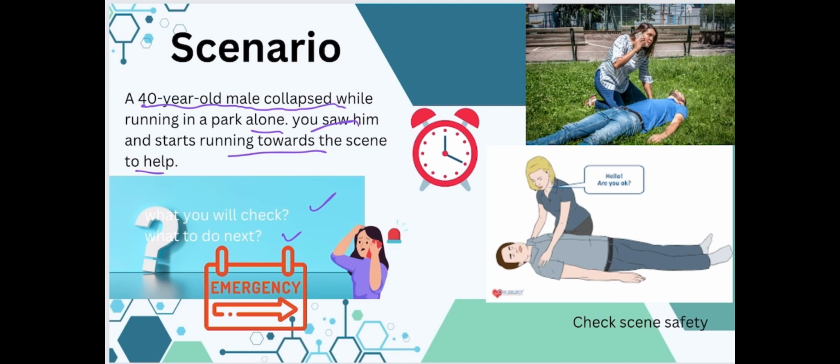So first is to check the scene's safety. You have to make sure that it is safe for you, first of all, to proceed into the scenario and help another person. You have to look for dangerous things around you, like maybe glass, nails, sharp objects,